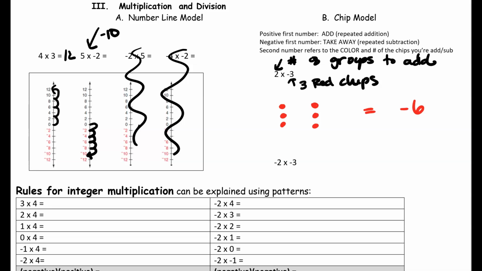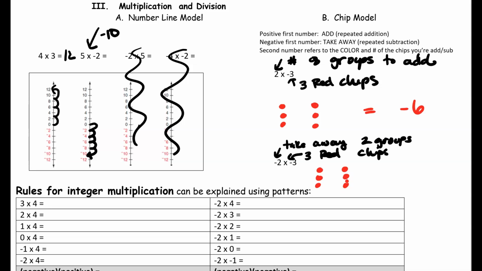For this next problem, this minus, you can kind of interpret this as take away 2 groups of 3 red chips. Now, the problem is we have nothing on the paper. So how do you take away 2 groups of 3 red chips if nothing's in front of you? Well, we can do that little trick that we did on the first page where we make the groups. So what we can do is we can make 2 groups of 3 red chips